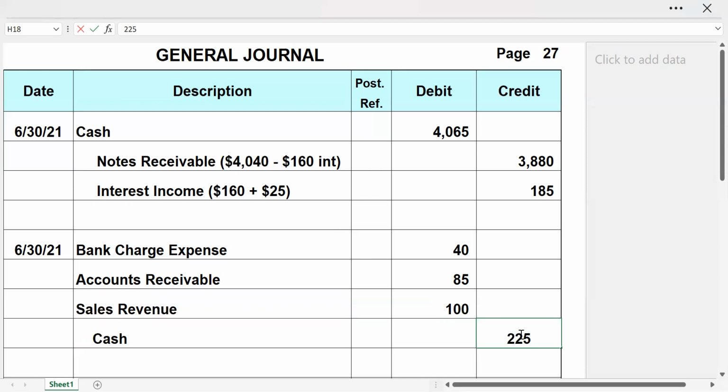Once these entries are made and posted to the general ledger, our cash account will properly reflect the balance of $14,290, which will then be used on our balance sheet. All right, next session, we'll be covering